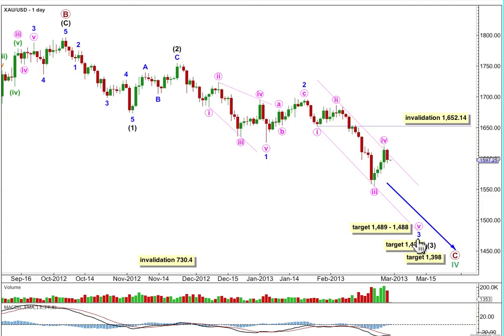When minor wave 3 is over, we'll have another correction at minor degree, lasting at least a couple of weeks or so, for a fourth wave, and at that stage the invalidation point will move down to the end of minor 1 down here. At 1431, intermediate wave 3 will reach 2.618, the length of intermediate 1, and at 1398, primary C will reach equality in length with primary A, and that target's still some weeks away.